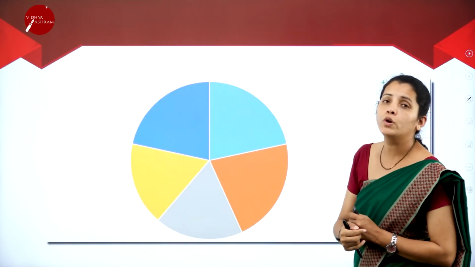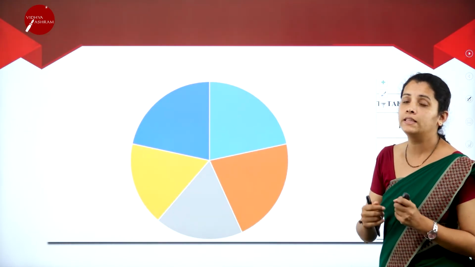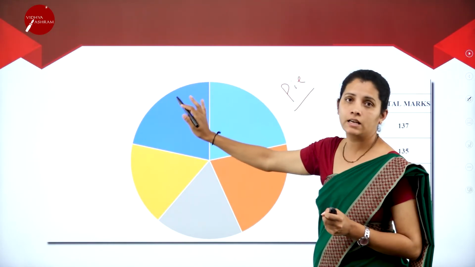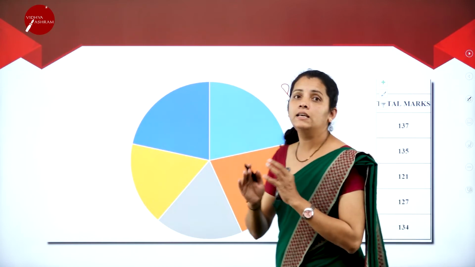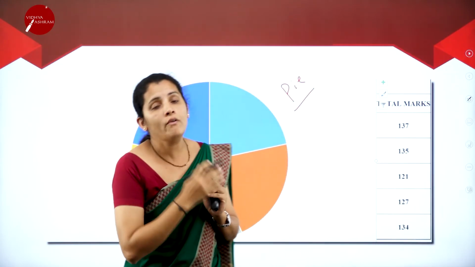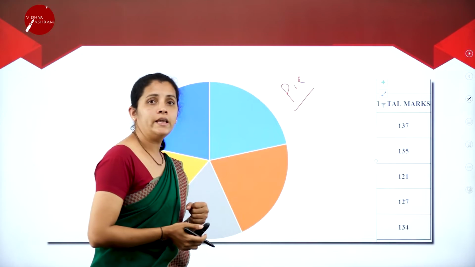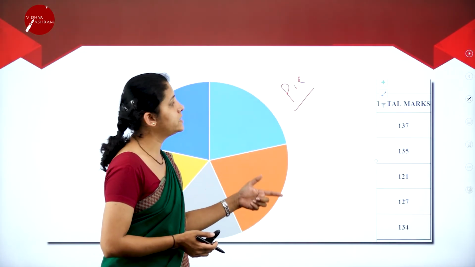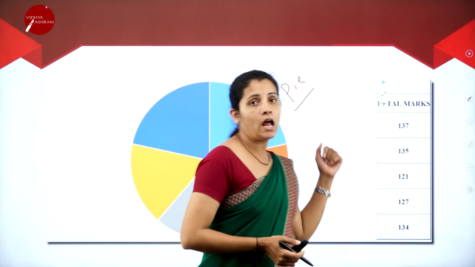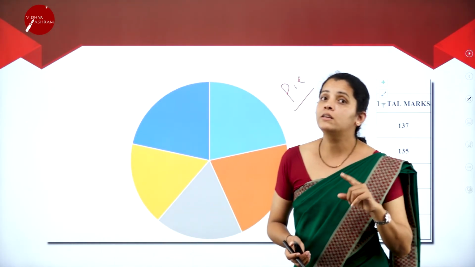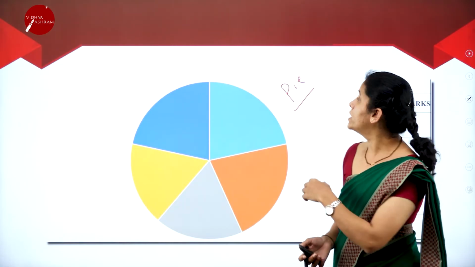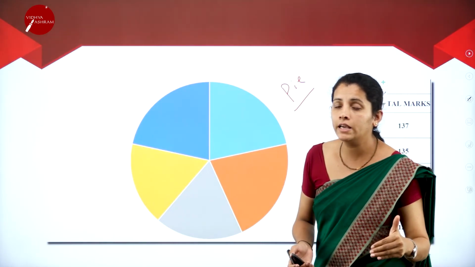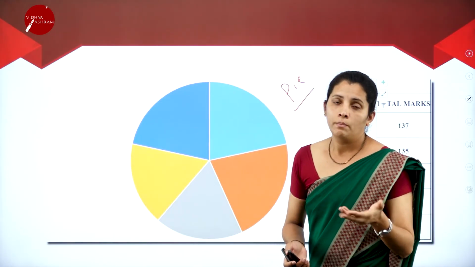Moving further, I'm going to have another example, that is the pie chart. This is a circle, and the circle is divided into a number of parts, that is nothing but the pie chart. So what is the requirement I have here? Once again, I must have the data. Along with data, I must have the chart. Here I have total marks. To represent total marks, what have I taken here? I have taken a pie chart.